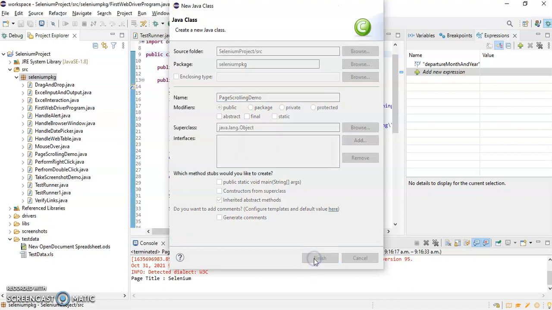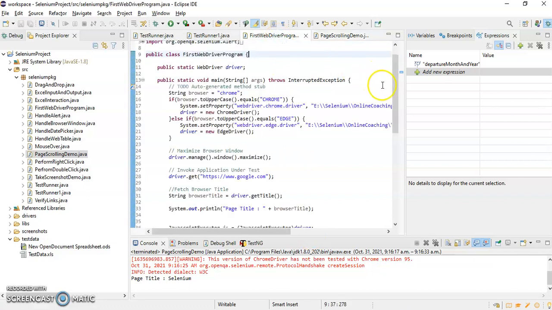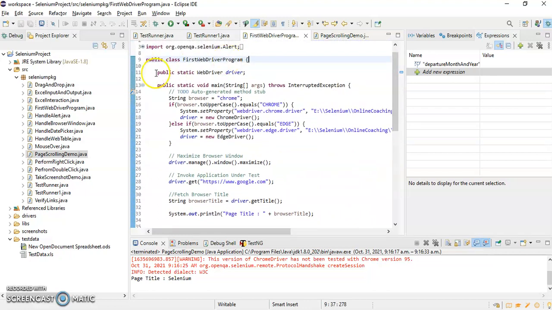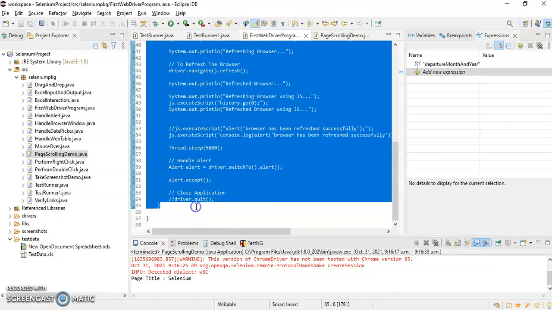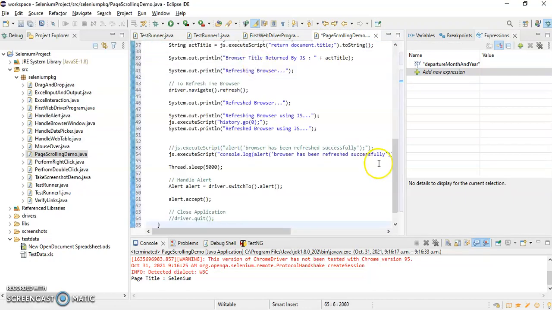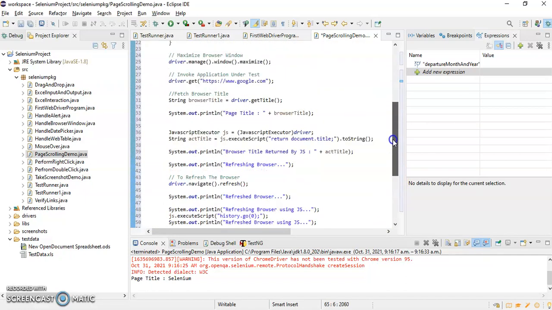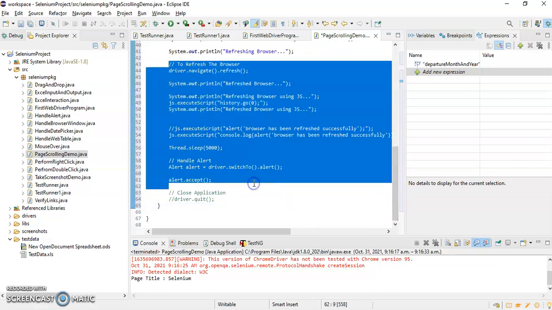I will copy the script from this class, first WebDriver program, where we are launching the browser and navigating to our application under test, and I will paste it over here. Let me remove the unnecessary piece of code. These are not required.